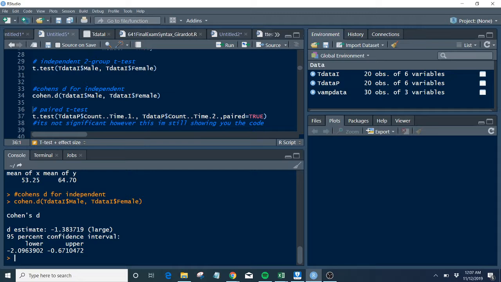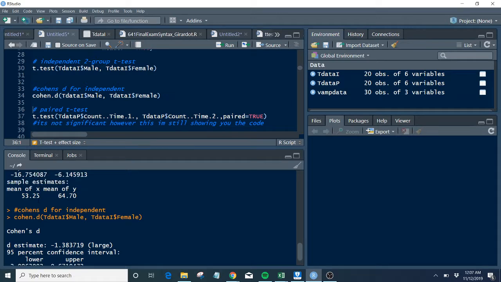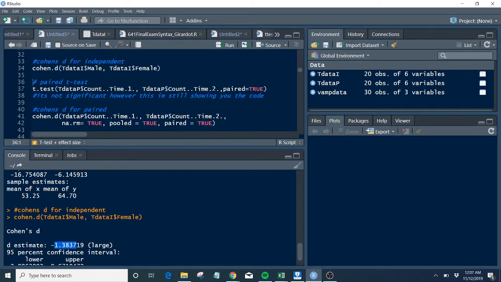The mean difference, that group, is bigger than the first group. That's why the number is negative. You can look at the means up here. So mean of X, which is the males, was 53. Mean of Y is 64, so Y was females. Y is bigger than X. That's why you have negatives. Sorry if I'm confusing you guys, but feel free to pause, rewind. I'm uploading this to YouTube so you can watch it at double speed. But moving on,